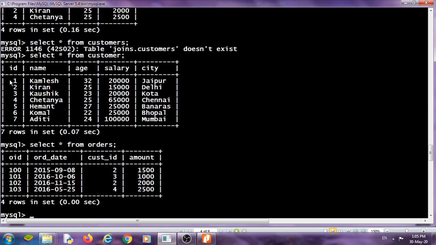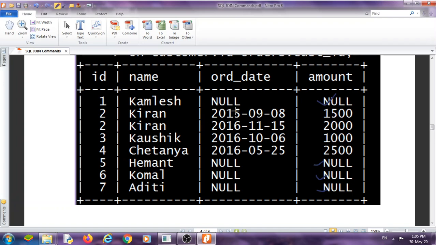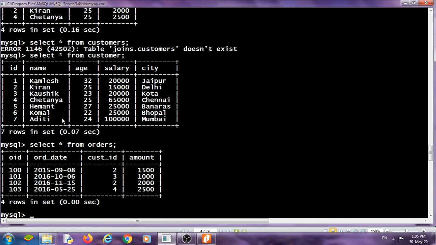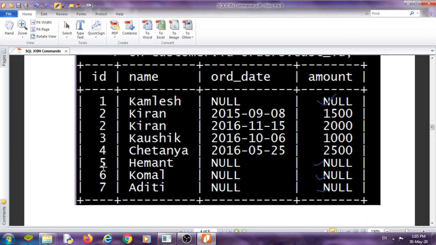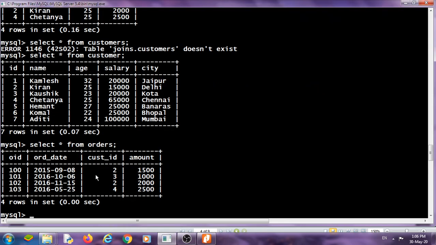For the id 1 there is no record in the orders. Okay, for the id 2, there is a record, this one. Okay, for the id 3 as well. The id 2 appears 2 times because in the right table customer id 2 is repeated 2 times: the first is 1500 and the second is 2000, so that means the id 2 will repeat.